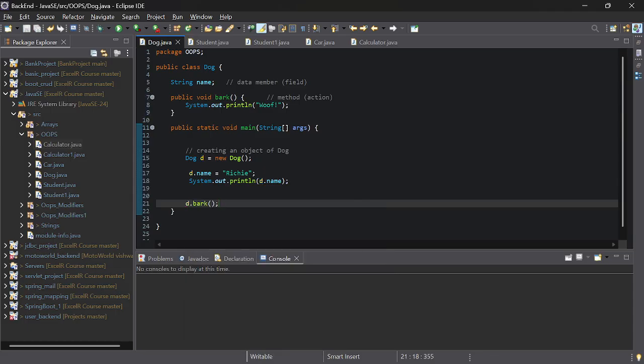Okay, these string name and bark method both are non-static members. So to call those non-static members in a static method we have to create an object, and using that reference name we have to call the data member and method. Okay, later I will explain how to call static members and non-static members in static methods as well as in non-static methods. Later I will explain this. For this example, you just